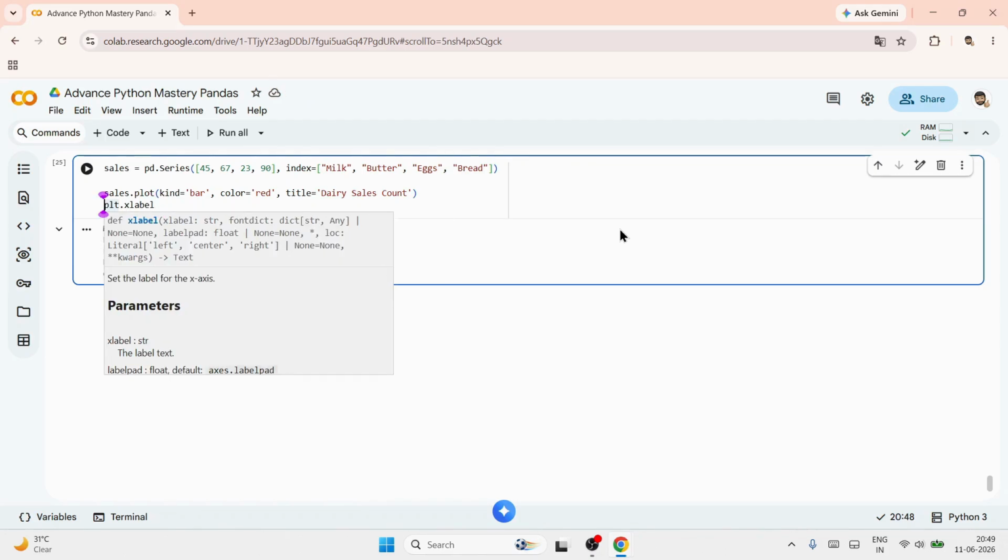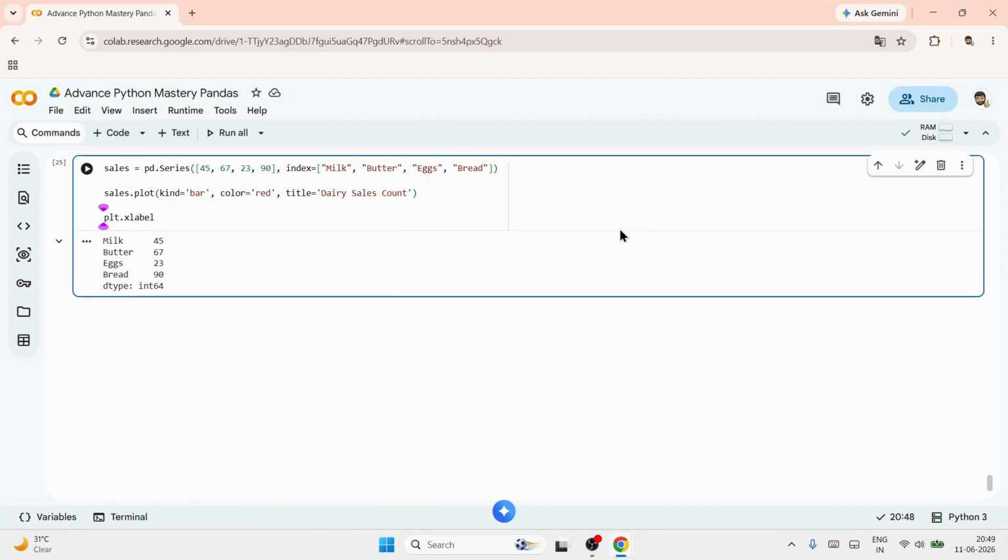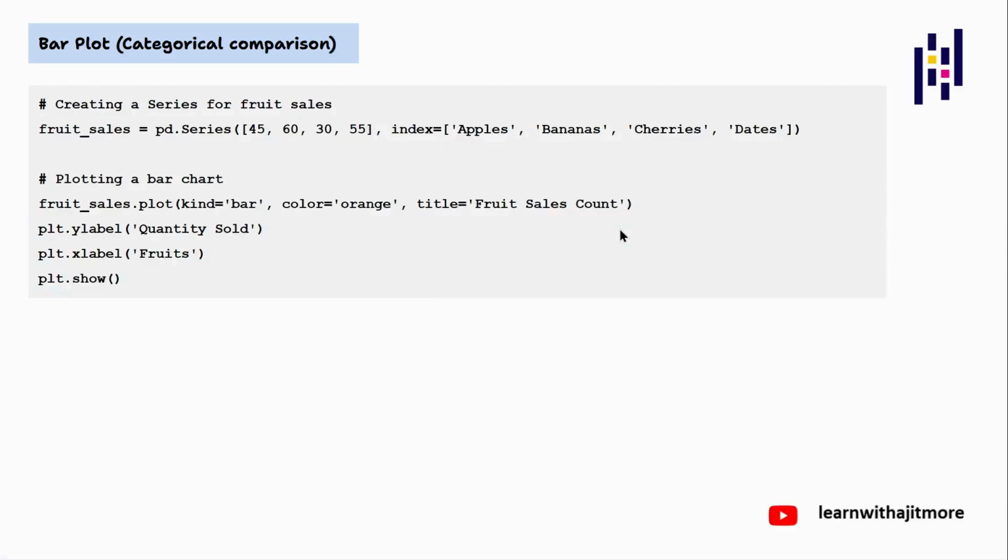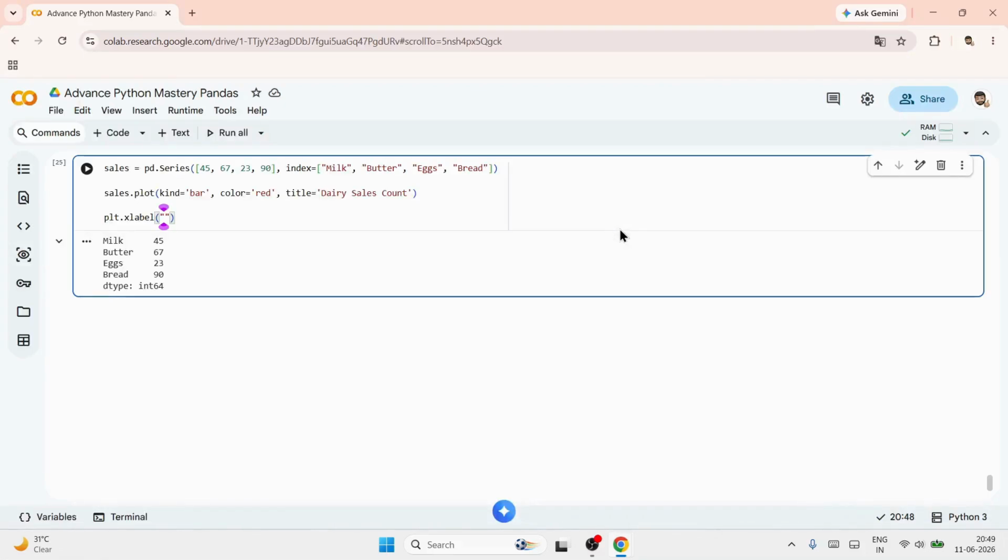Now plt is already imported in the previous cell, so no need to import again. So plt.xlabel, what do I have to give? Whatever you want. The xlabel is what these products, milk, butter, egg, bread, are on the x tick, but for the whole axis you have to give some label. So you can give something like dairy